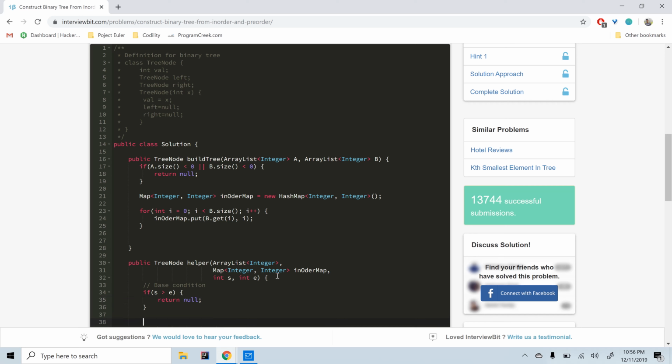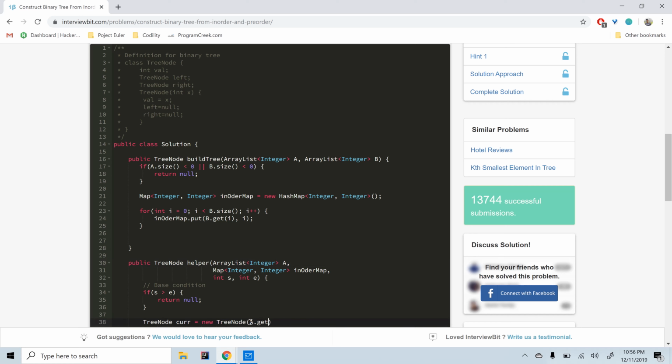And then I'm going to actually create a tree node. Let's say current is equal to new TreeNode, and then we call this a, okay, simplify the